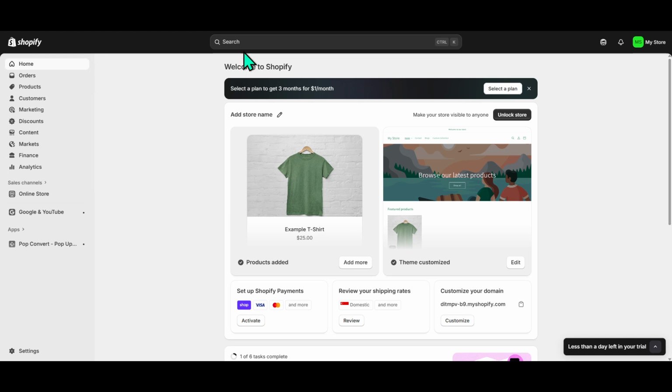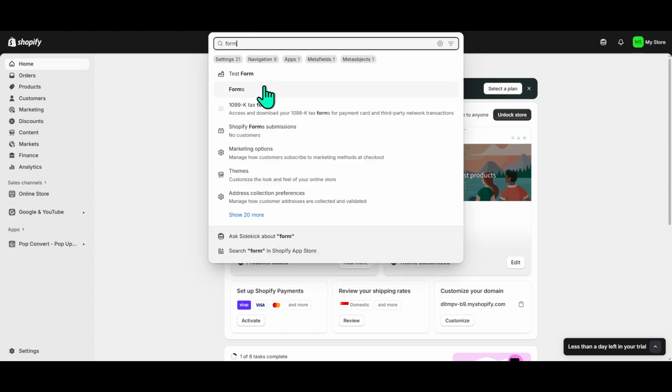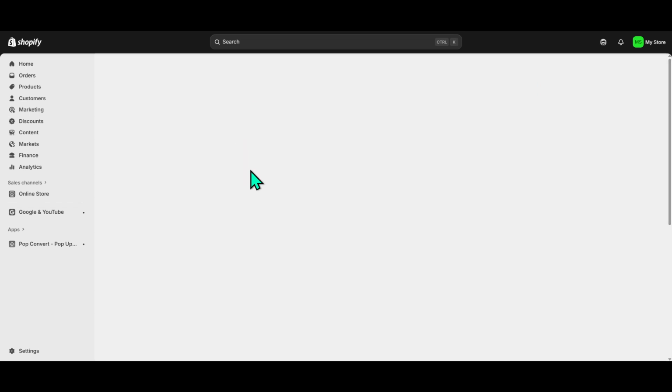First, you'll want to navigate to the top of your Shopify admin dashboard. Once there, direct your attention to the search bar, which is an incredibly handy tool whenever you're trying to find a specific app or feature. Type in the word Forms, and you should see it pop up as an option. Clicking on it will open the Forms app right in your Shopify admin dashboard, allowing you to access and manage